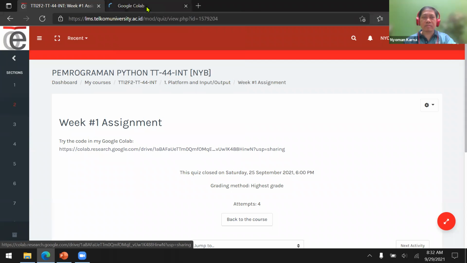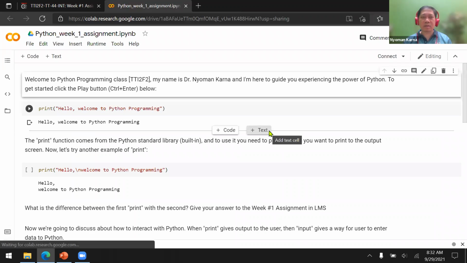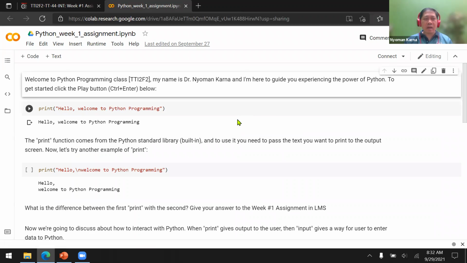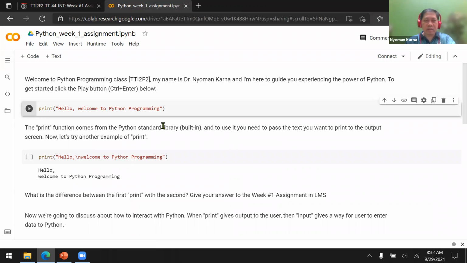Open a new tab. This is from Google Colab. I've already created several simple code examples here, so we can learn the key points from last week's discussion, from the first week. The first thing is about print.